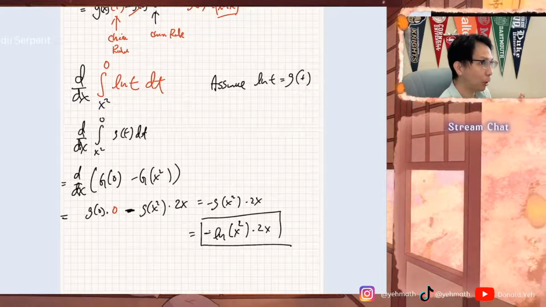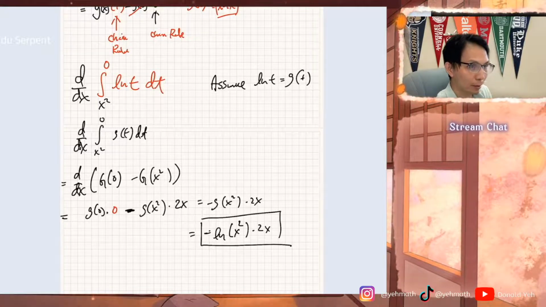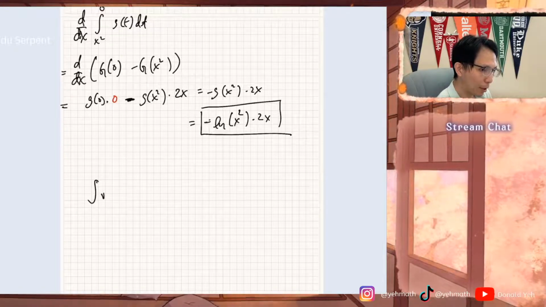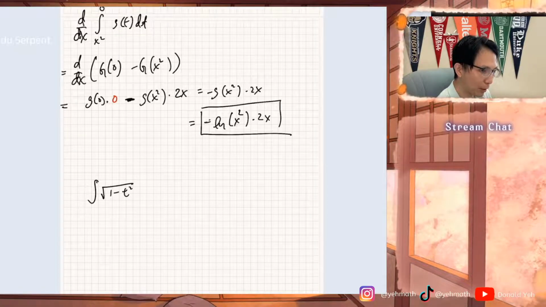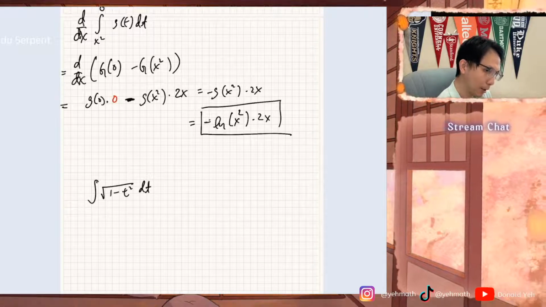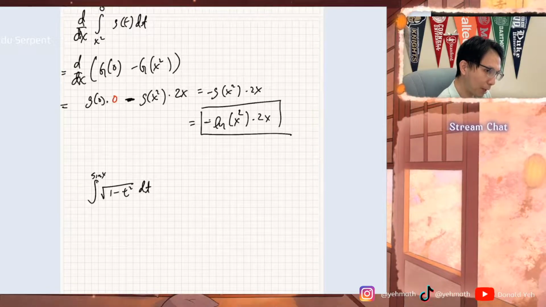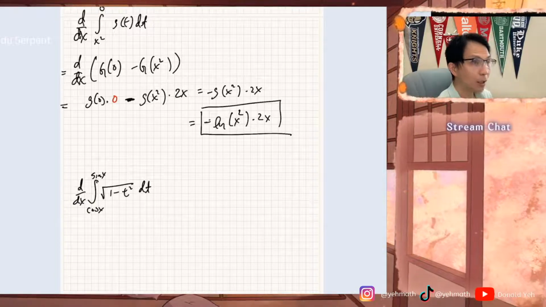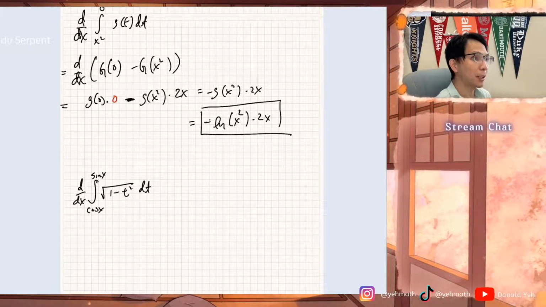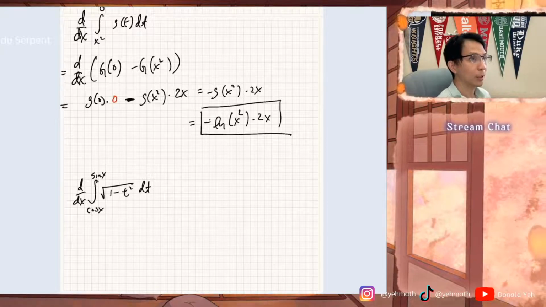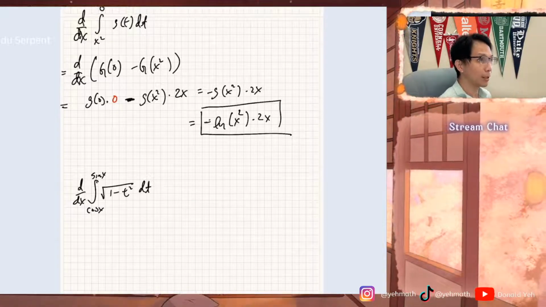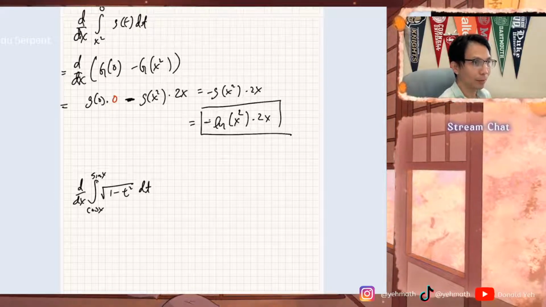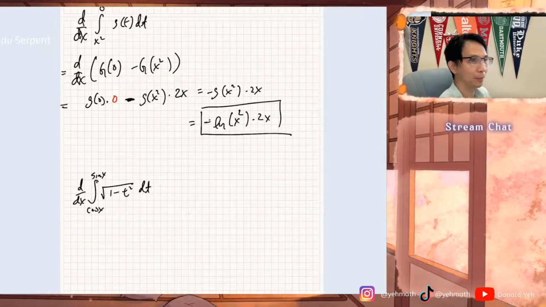I'm going to give you a super hard question. That question is the integral of 1 minus t squared dt between sine of x and cosine of x, and then d/dx. The answer you're going to get on this one is going to be a constant number, a very cool number, really easy number too. If you get it,